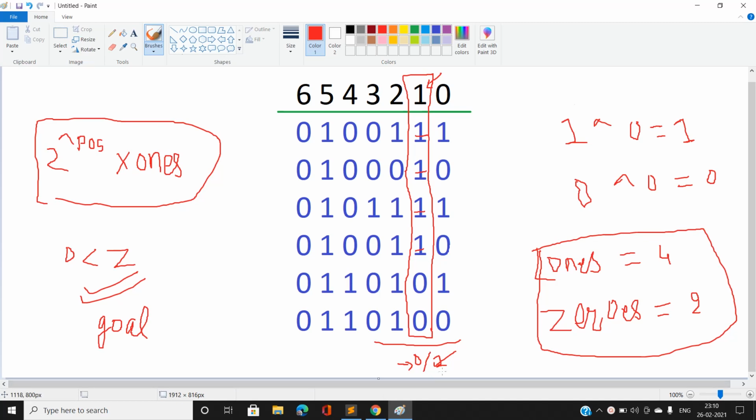On taking 1, all the 1s become zeros and all the zeros become 1, so the ones and zeros count will get swapped. So here the number of ones, O, would become 2 and Z would become 4. Then if we calculate 2 power 1 into the number of ones, it will become 2. Then our sum is going to be minimized.